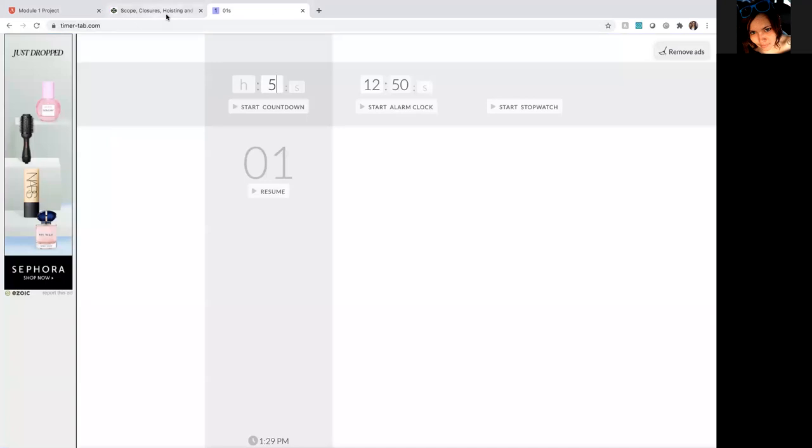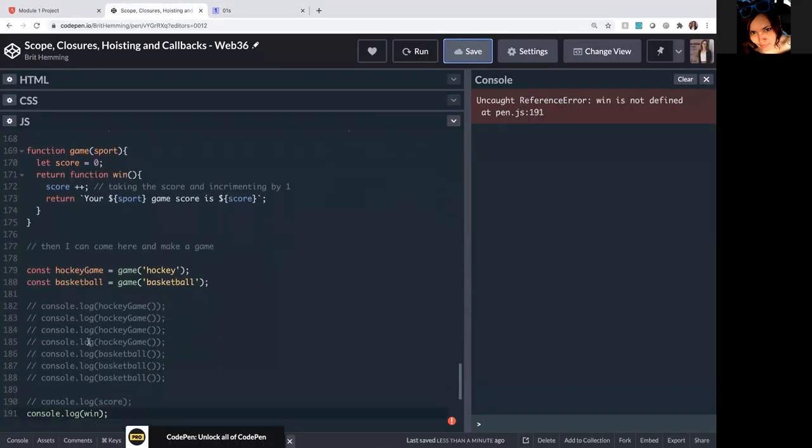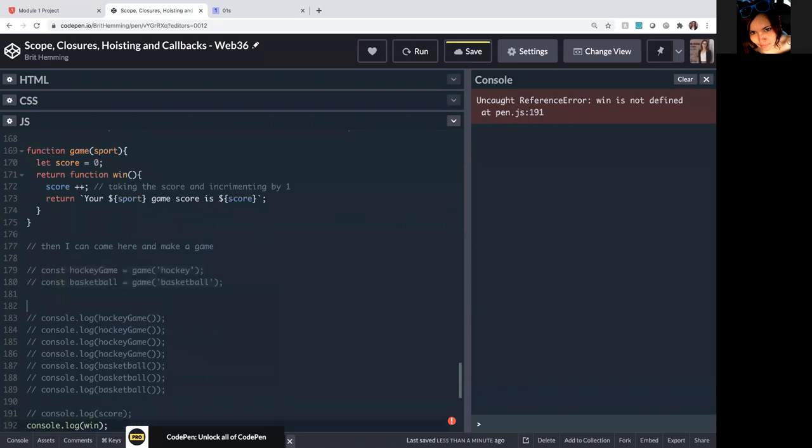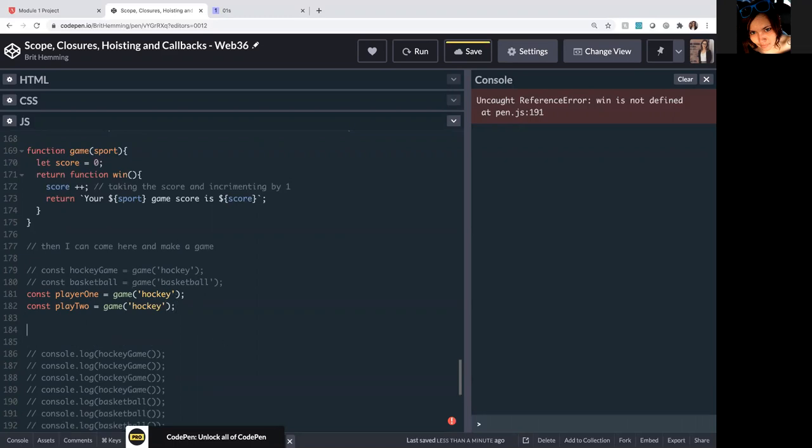So if we go back to this example here, if we, for example, set this to like const player1 equals gameHockey. Whoops. And then const player2 equals gameHockey. Okay, so they're both playing a hockey game. If I invoke player1,